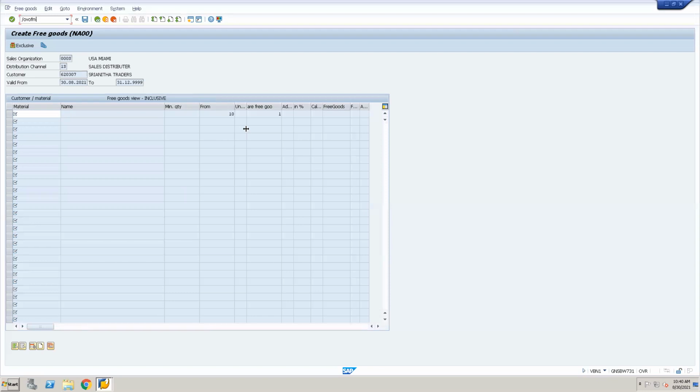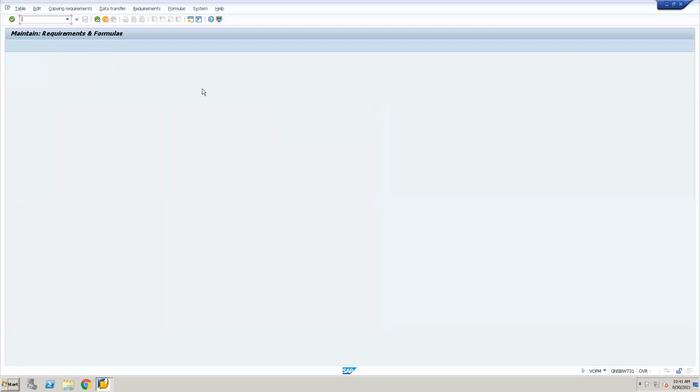So how the free item should be considered. If he has given some logic, some permutations and combinations, like the free item should be considered based on these factors, then you can create one custom routine, write the logic the business is expecting, and place that routine over here.